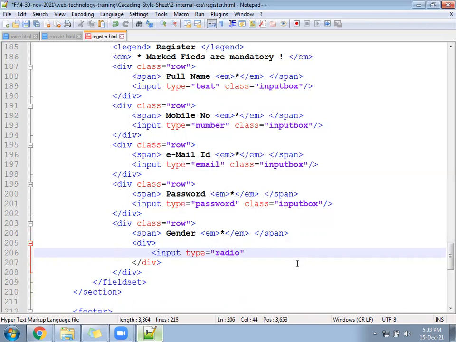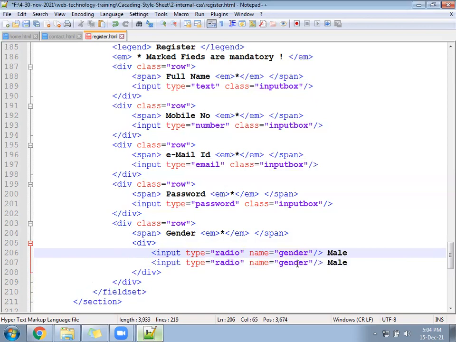After that, you have to give any common name, for example, gender, and write in the last as male. One more gender, female.